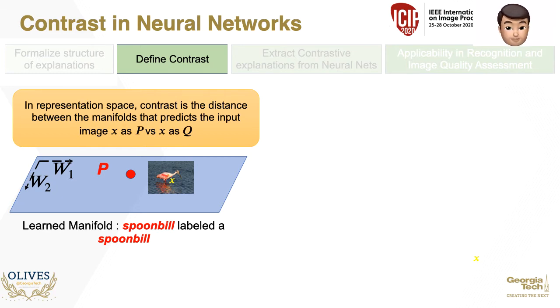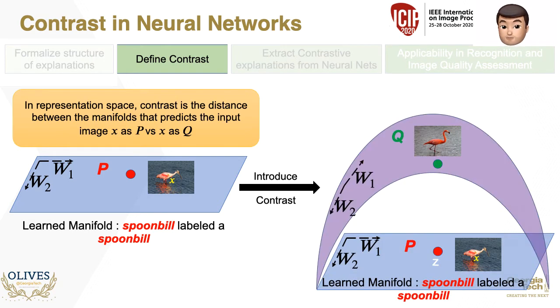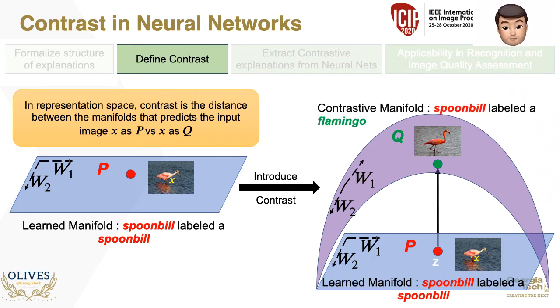In other words, it is the distance between two manifolds, P and Q, where an input image X is classified as P versus the same image X is classified as Q. The next question is how to characterize this distance. Now we come to the technical core of our method. We already know that the weights span the manifold. The gradients with respect to the weights show the direction of motion of the weights when going from manifold P